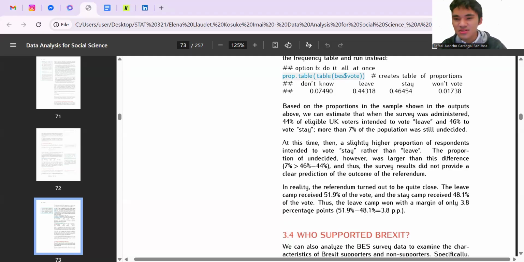So we can say that when the survey was administered, around 44% of eligible voters in the UK